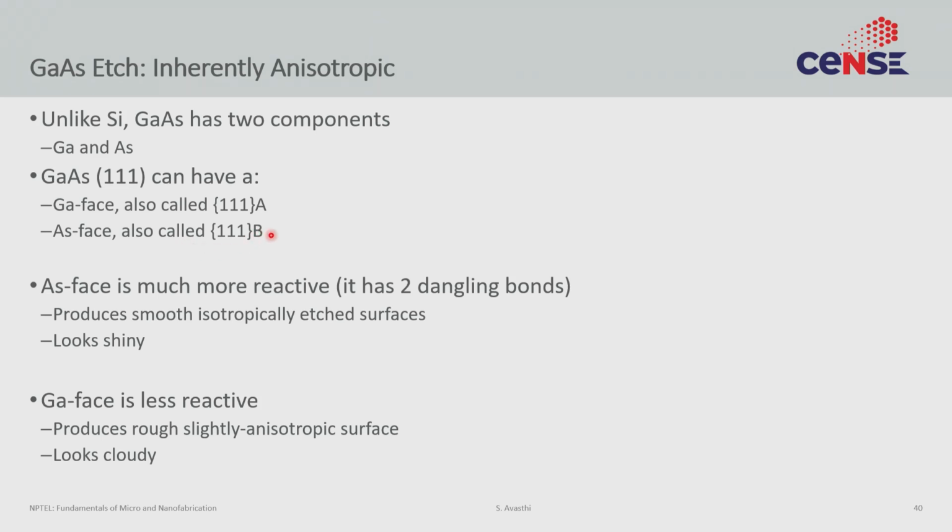So if we were to combine whatever we have learned from the silicon HNA etch, there's of course the effect of the etchant concentration. In the etchant, if it's a multiple component etchant, then we have to think about what is the effect of individual etchants on the etching. But if our semiconductor is also complicated like gallium arsenide is, then we have to start worrying about which facet of gallium arsenide we are etching, what orientation of gallium arsenide we are etching, and when we are looking at a certain facet, are we looking at the gallium phase or are we looking at the arsenic phase? Now imagine you're having a tertiary material. This becomes even more complex.